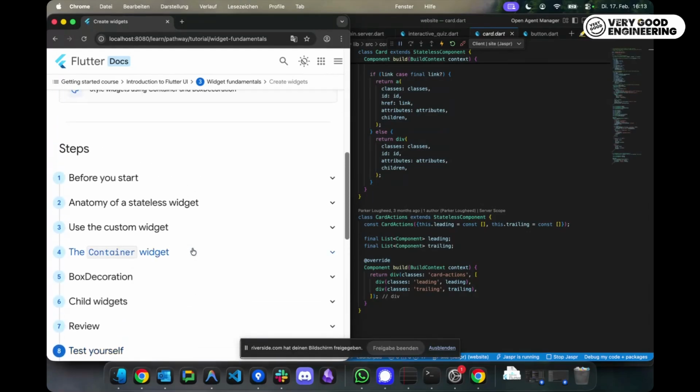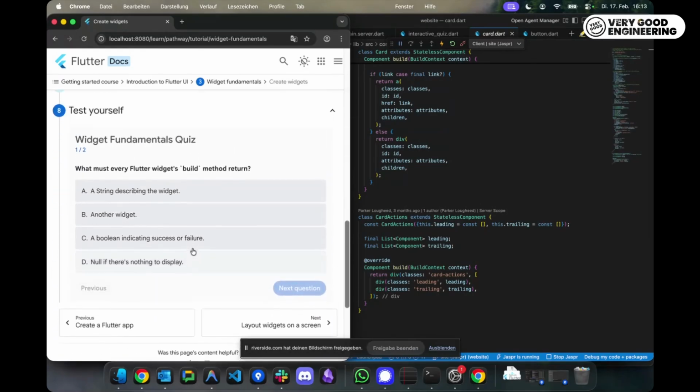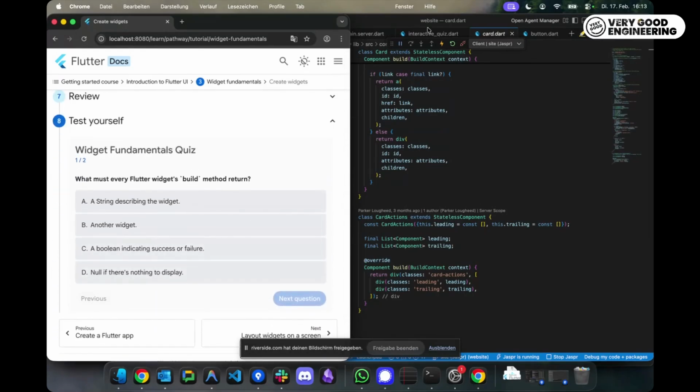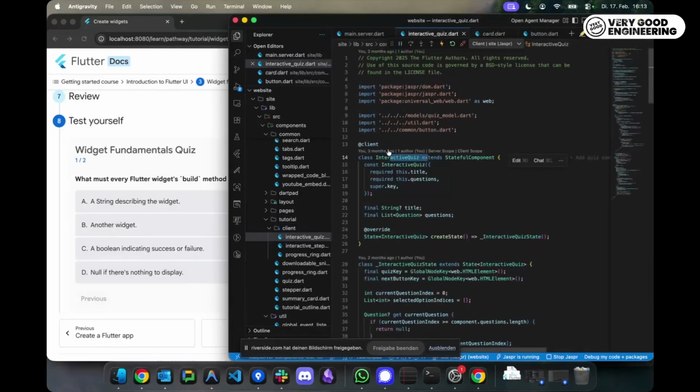Pretty much all the other content on this page is just static server-side rendered. And Jaspr does this, if you look at this quiz component, through the annotation @client. This tells Jaspr that this should now be interactive and on the client.